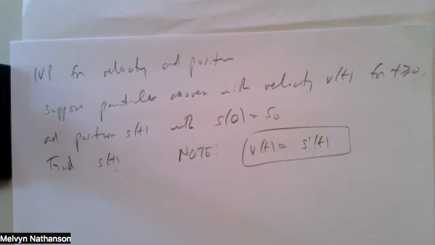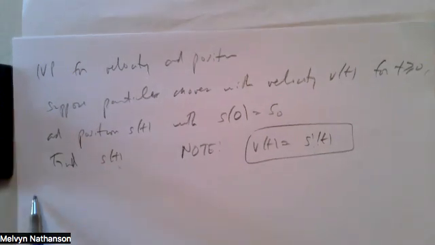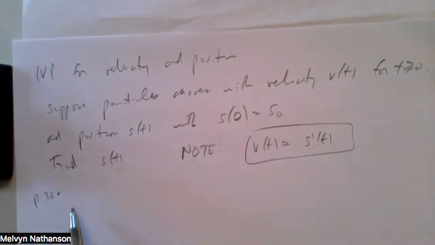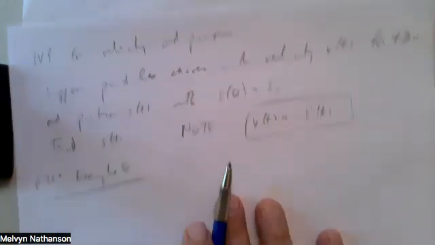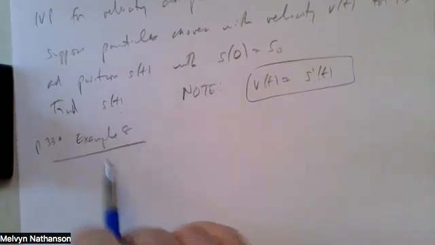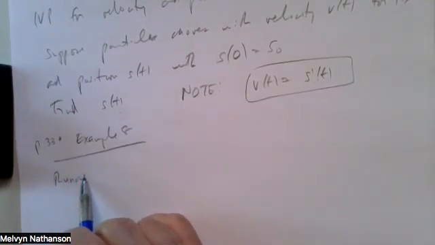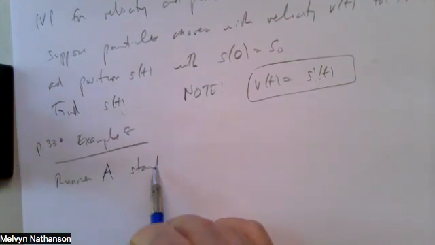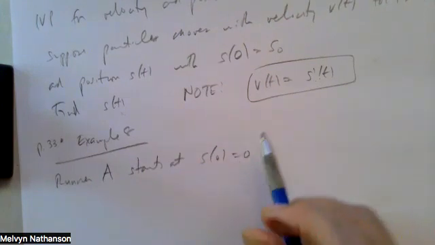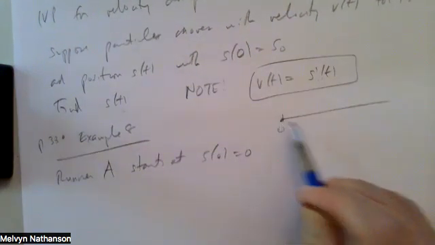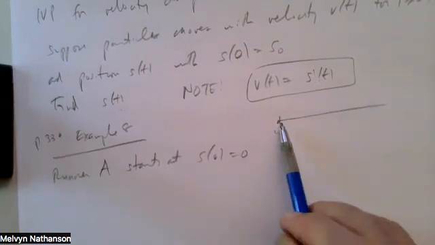So let's look at some of the examples in the text, which are very nice. If you want to follow in the text, which I encourage, this is on page 330, example 8. So runner A starts at position 0. Right? So here's the positive real axis. Runner A starts at 0